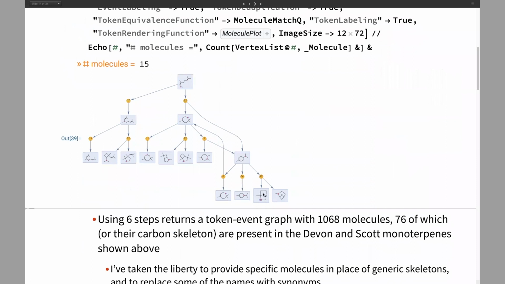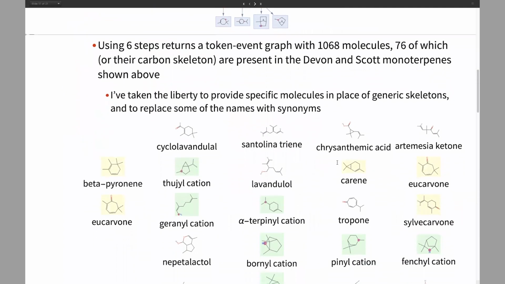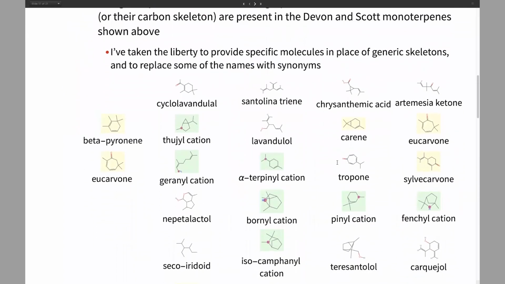Here's the boryl cation that we saw early on. And of course, these can keep rearranging further down. If I go 6 steps, I generate more than 1,000 different molecules, which is way too big to show. 76 of those molecules, either the molecule itself, the particular cation, was in Devis and Scott's chart, or